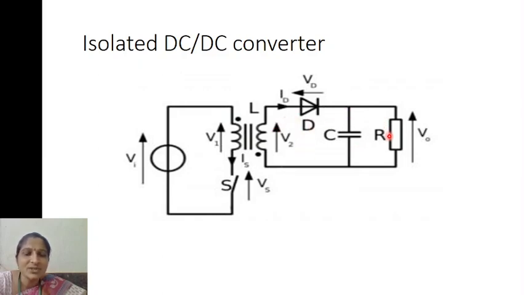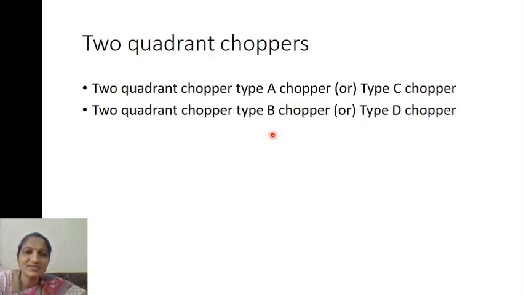So that means there is a voltage only when there is EMF induced in the secondary inductor, so that only the secondary circuit will be activated here. The advantage of this isolated DC to DC converter is that it is very much safe. That means there is no connection between the input and output circuits. So the currents will not be that high, so that the people who are working nearby are protected safely. Okay, this is about the isolated DC to DC converter.